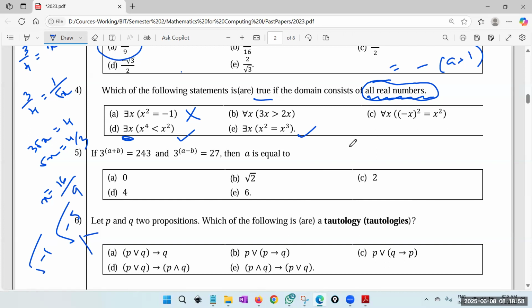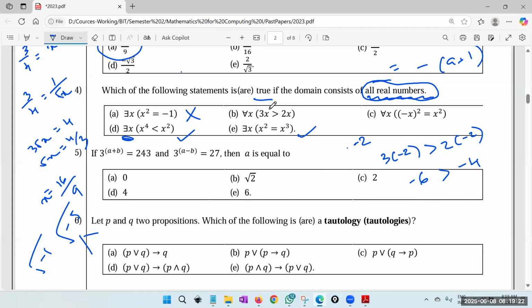Because if x is minus 2, say 3 into minus 2, is it bigger than 2 into minus 2? 3 into minus 2 is minus 6, and 2 into minus 2 is minus 4. That is also false, right? Minus 6 is not bigger than minus 4. So even for negative numbers, this doesn't work,